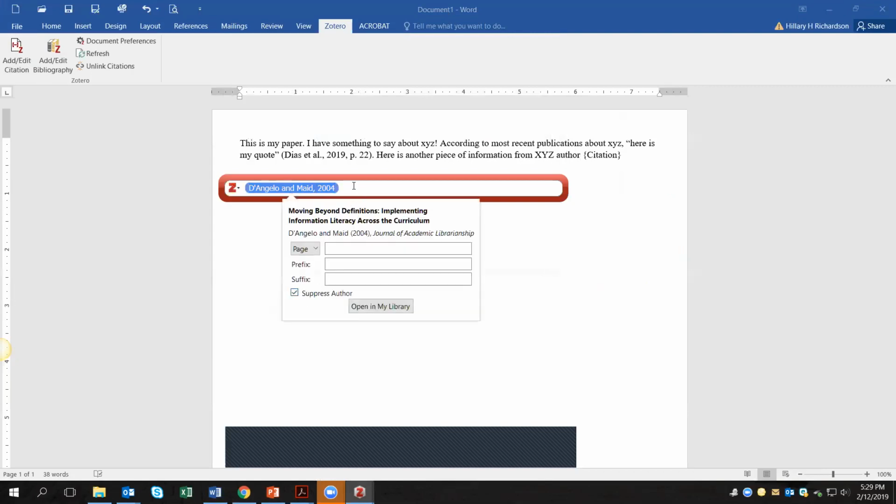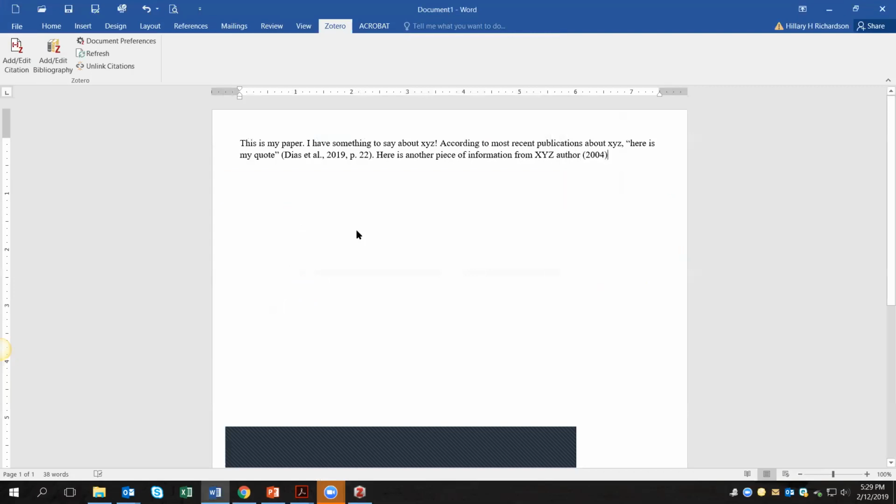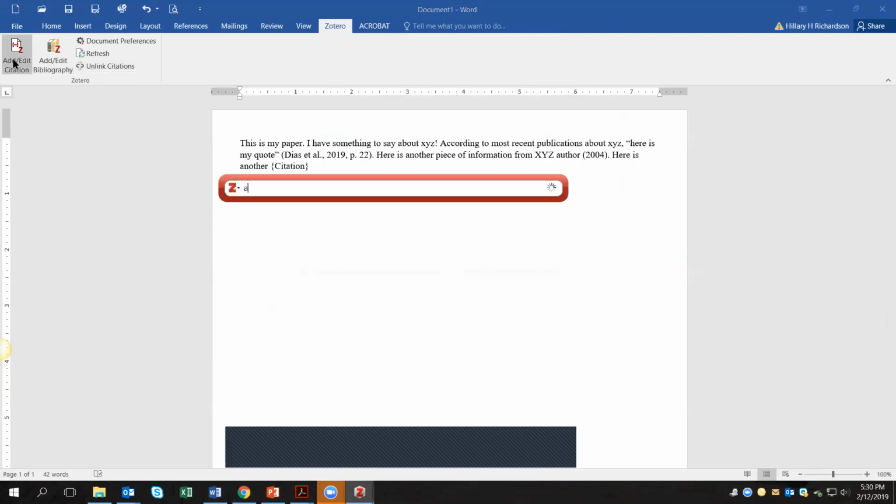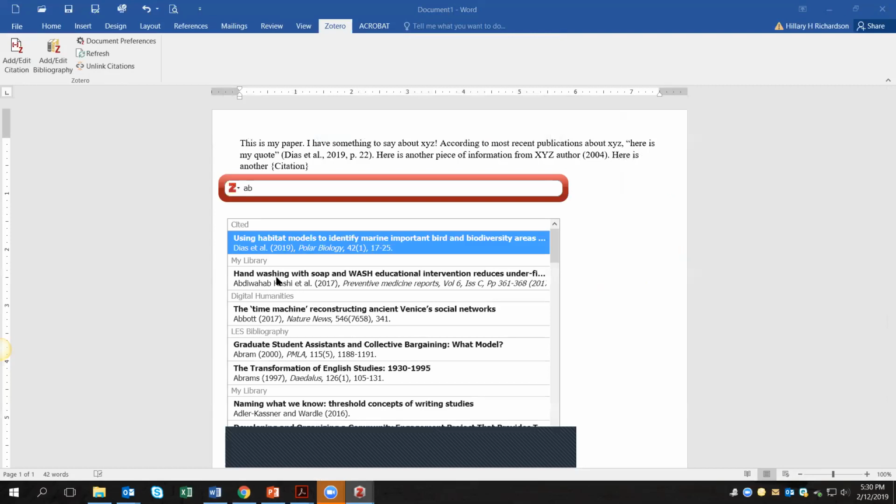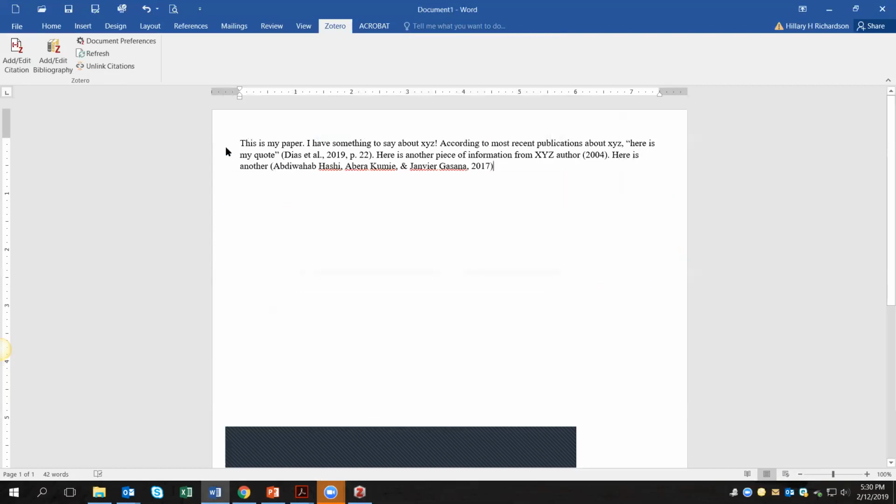And I didn't use any quotes. I summarized it. So let's say I don't include a page number either. Enter again. So that's what that looks like. I'm going to add a couple more just so you can see different kinds of citations here and what they look like, because once you've added several citations, one more,